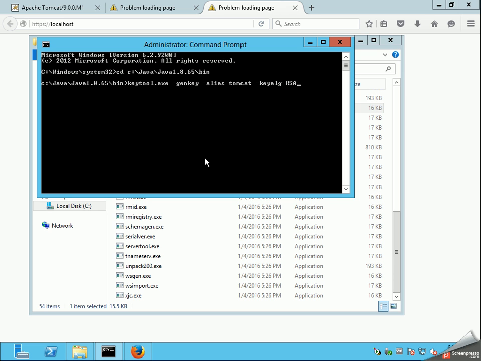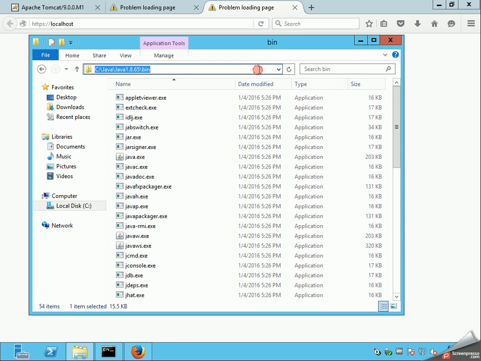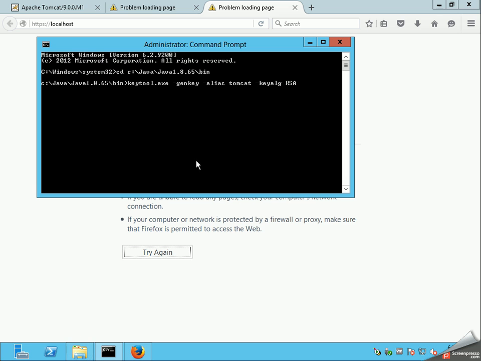This is enough, but I would like to point to the file so I will know where our file will reside. If I don't specify anything, it will probably be dumped here, and I don't like using this as a location. So I will add -keystore, and for example C:\tomcat\keystore. Okay, now I will hit enter,